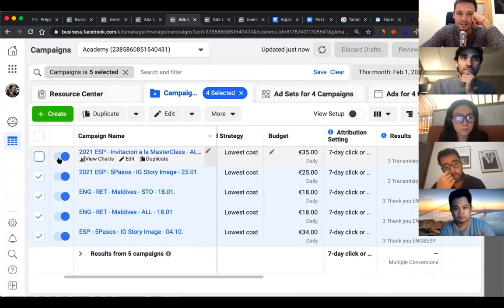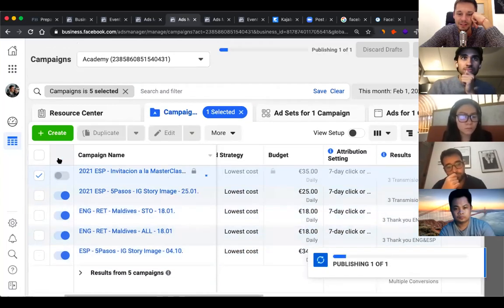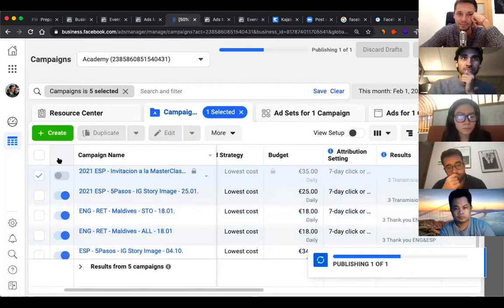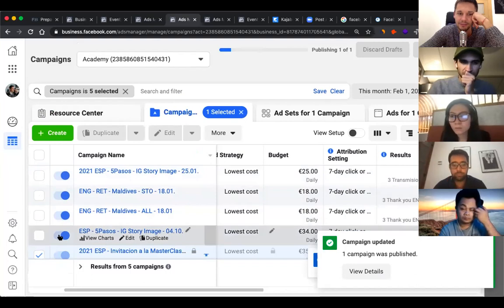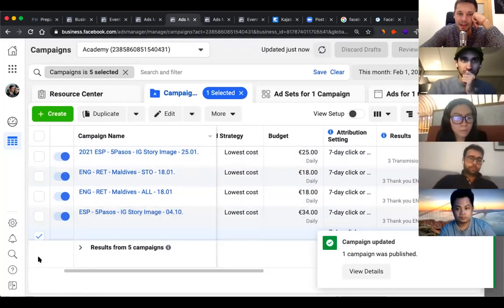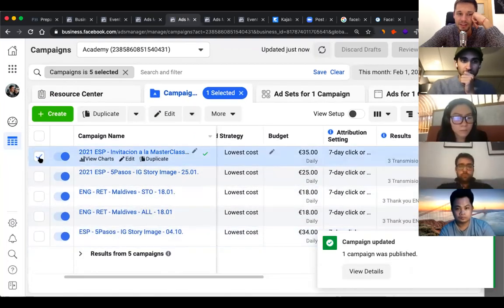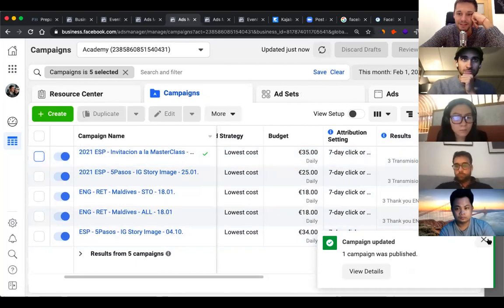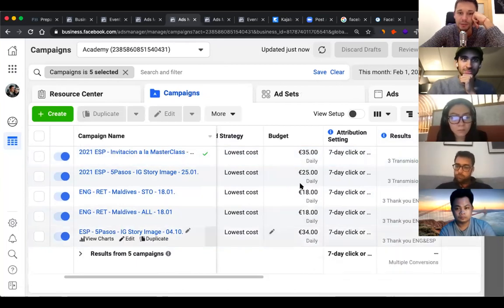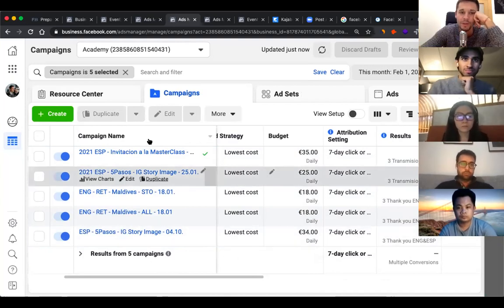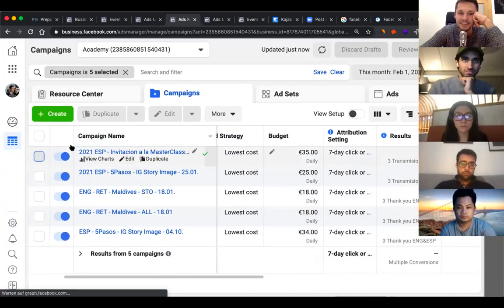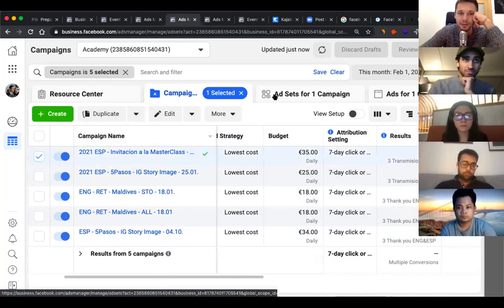So what I would do is deactivate it, then wait 1 or 2 seconds, then activate it again. And because Facebook is now updating this interface and changing the default, it will get the new attribution setting. So it would automatically change from 28 days to 7 days. And if it hasn't done it, you can also do it manually.